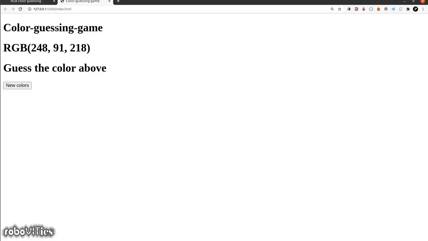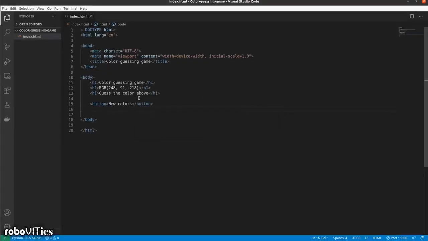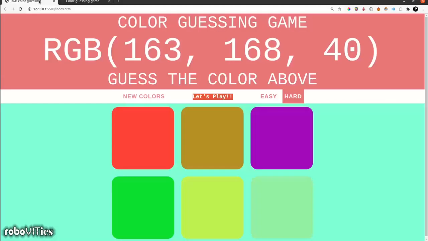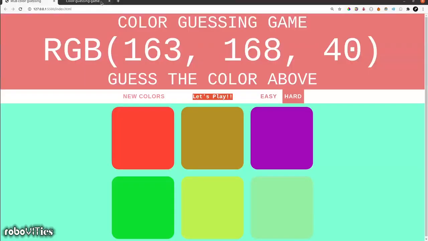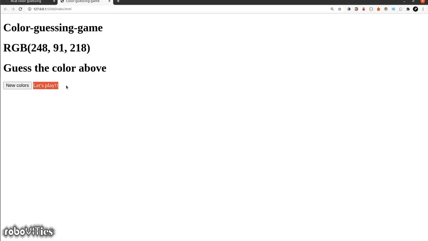Notice that without even giving a line break, these have come to the next line and not stayed in the current line itself. To prevent that from happening, we are going to use span instead, which keeps it in the same line. So for example here I'm giving in let's play with two exclamation marks. This is how it shows. It doesn't go to the new line, and that's why we are using span.